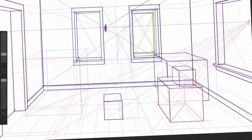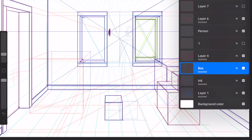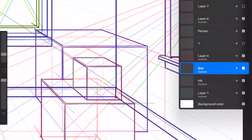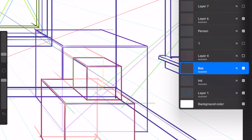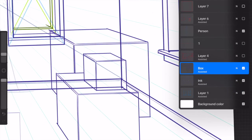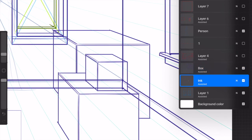And then lastly, let's do just a couple little details on these boxes so they're not so boring. So these are packing boxes maybe, so there's probably some tape on them and stuff. So let's take this little one. There's a boxes. Let's turn off some of these other layers. And now, because I did all the boxes on a separate layer, and the ink is down below, and the boxes are up on top, I can erase all the stuff behind here,